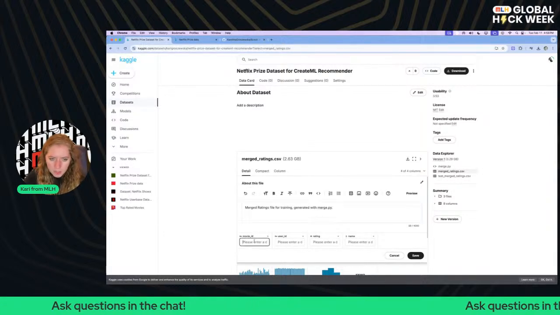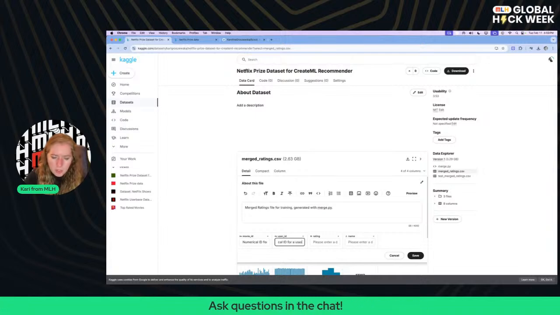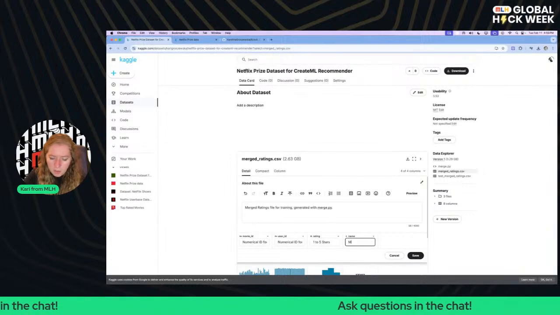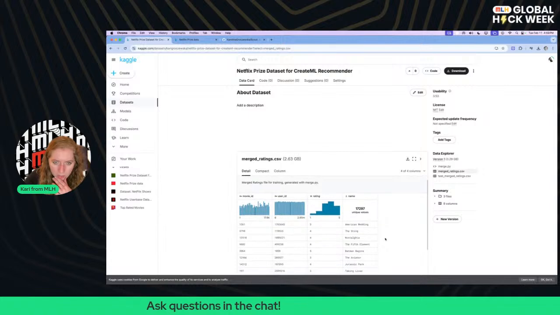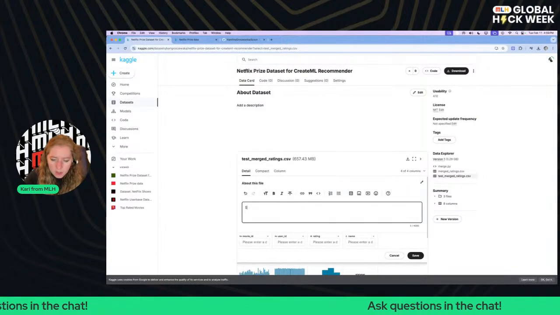And so movie ID is numerical ID for a movie. User ID is numerical ID for a user. Rating is 1 to 5 stars, and name is movie name. Great, right? So this is separated